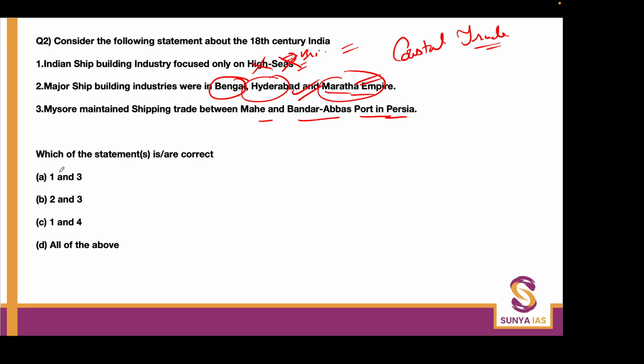Okay, the first statement is wrong. Second statement is correct. So by that itself, you can get 2 and 3. But still, Mysore maintained shipping trade with Mahe and Bandar Abbas. This statement is right. Both Hyder Ali and after him, Tipu Sultan maintained a relation with the Persians and also